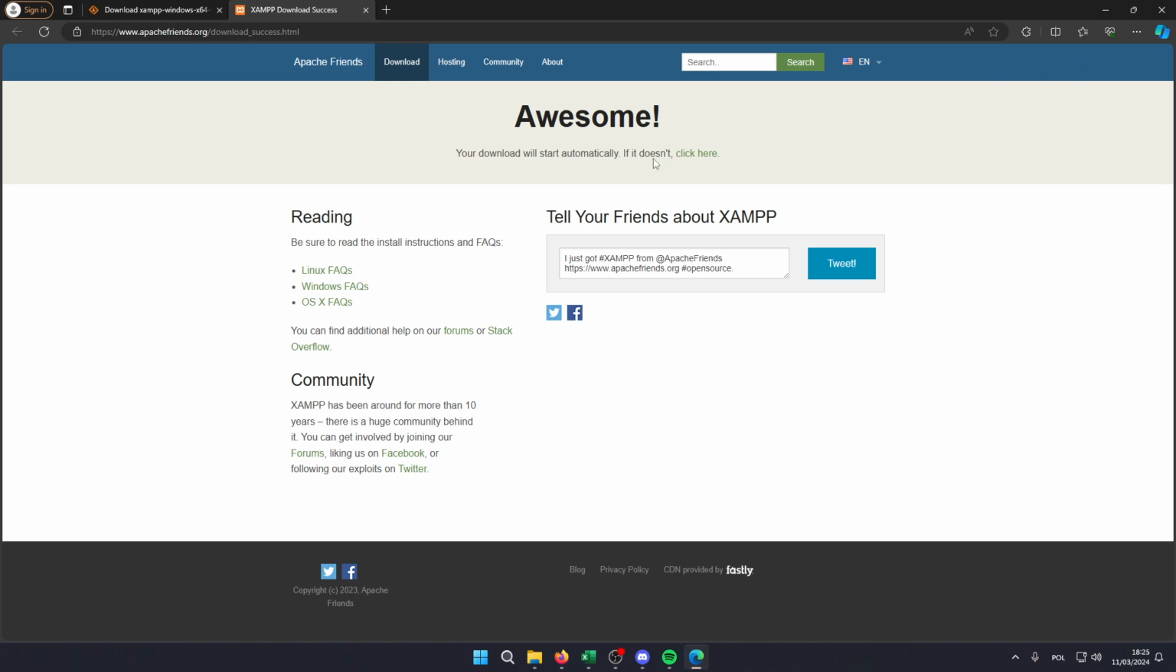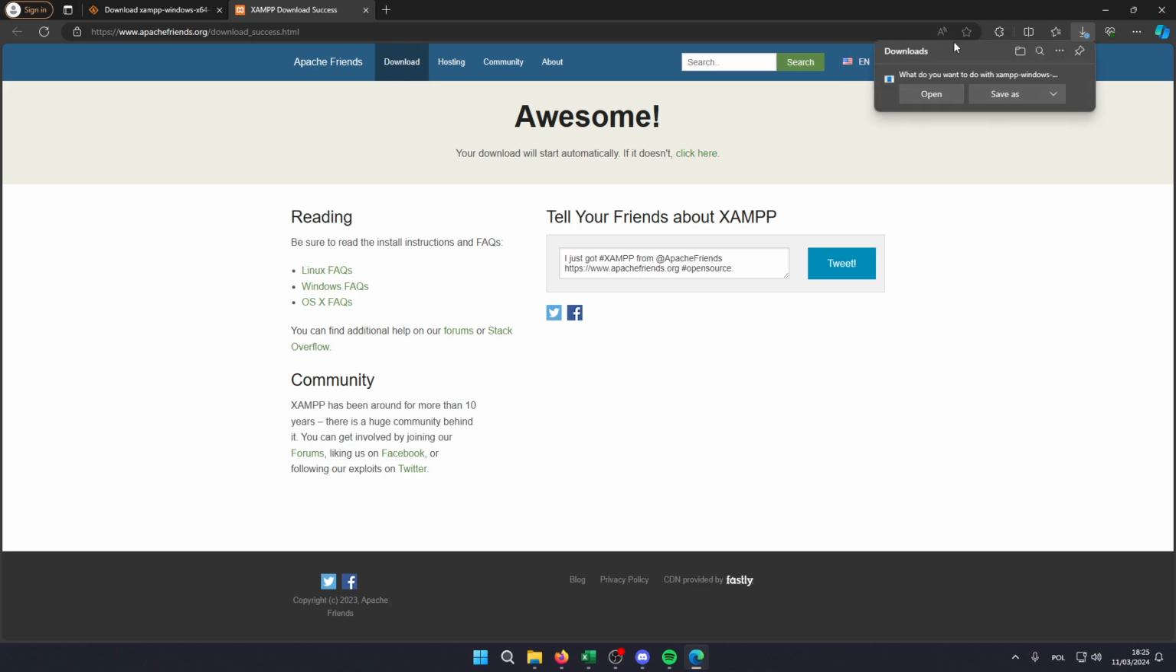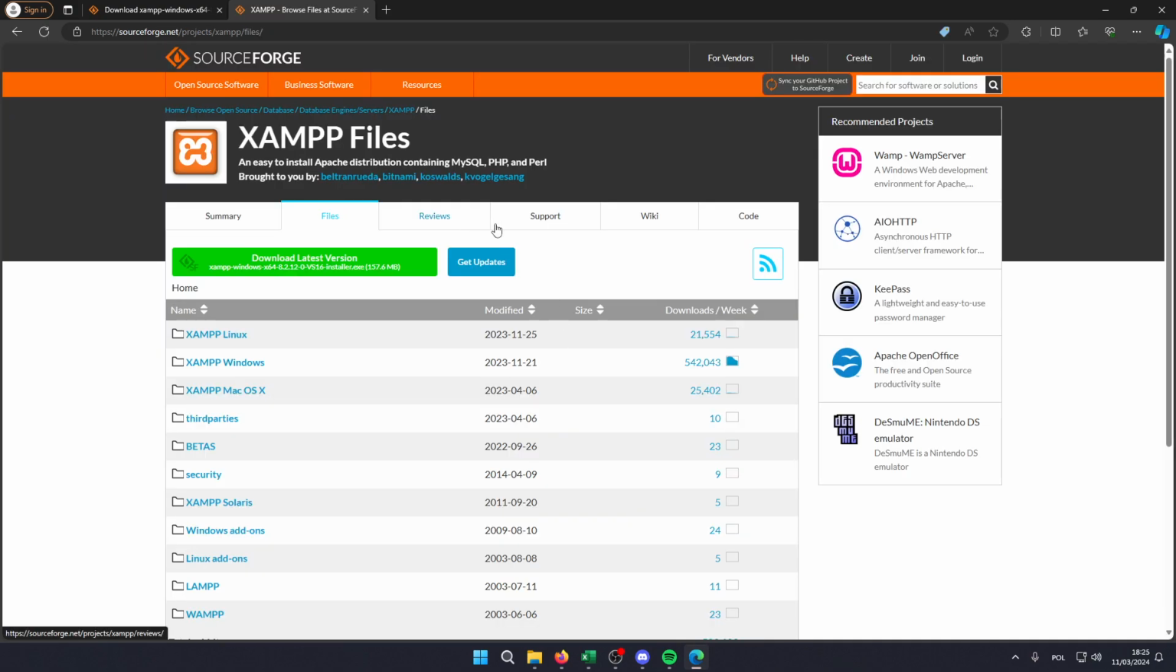If it doesn't work, you can click here. In my case it showed after like 5 or 10 seconds, and that's fine, we can save it. But you can also click here if it doesn't work, and then you will open this SourceForge page. You can either click on download latest version over here, which is once again the same installer, or you can